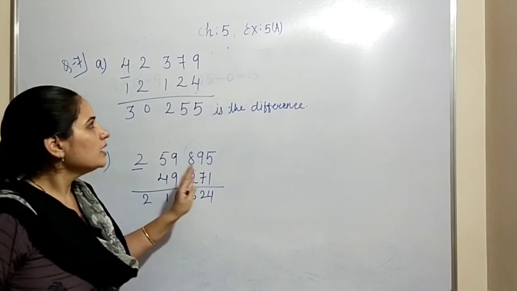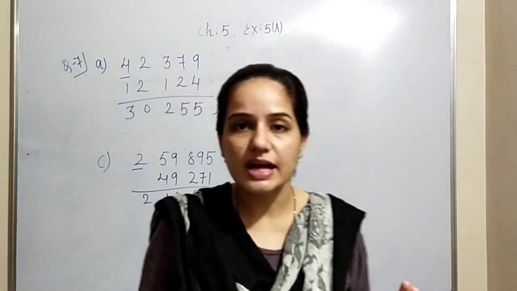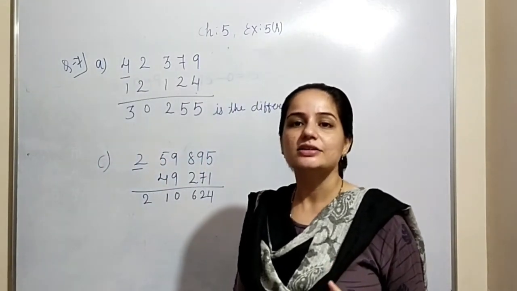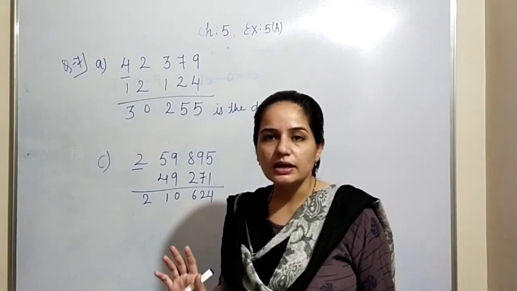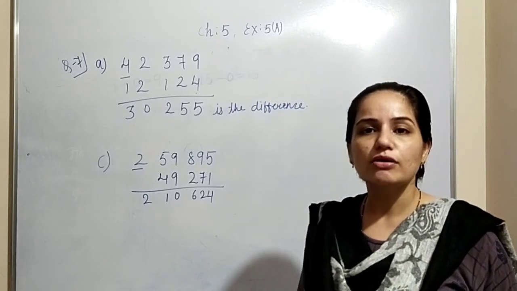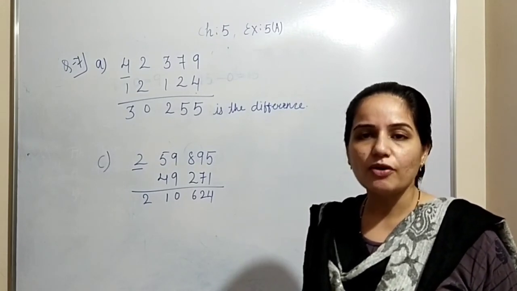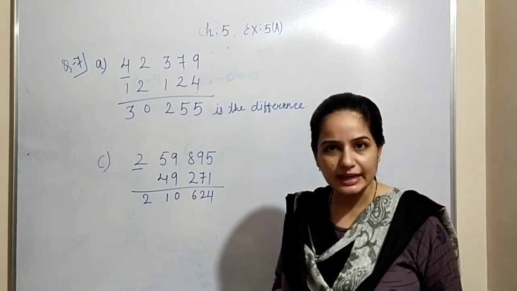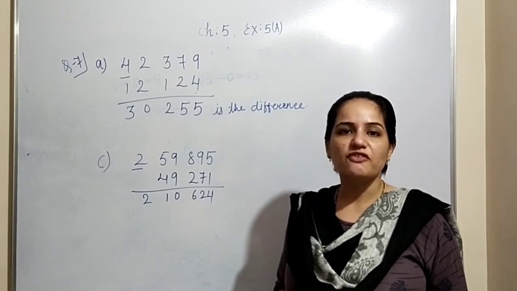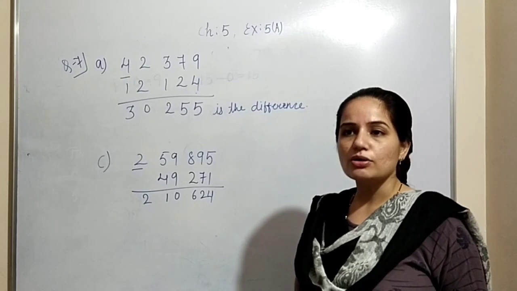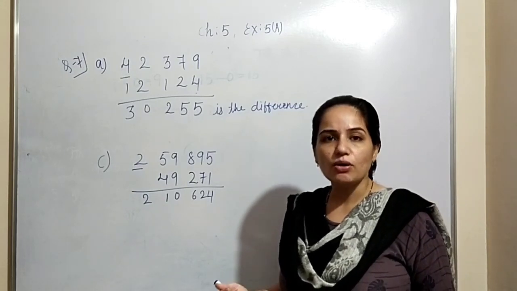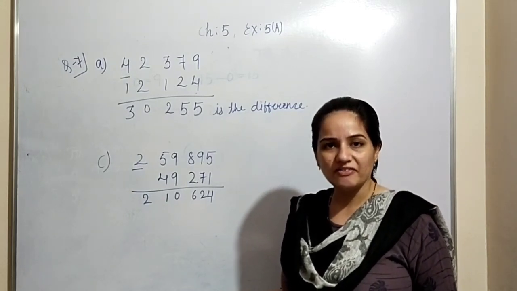So here we end our exercise 5A and our lecture as well. Okay, the sums that we have not done in the lecture, you will try to solve on your own. Up to question number 4D you will be able to write in the textbook. Then from question number 5 to 7 you are not given any space in the textbook. So all sums from 5 to 7 you will write in your fair notebook.